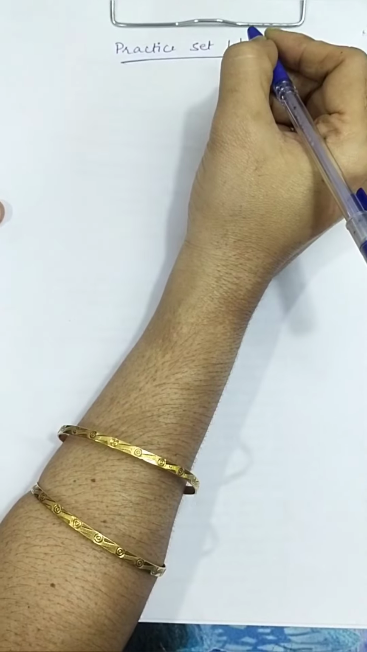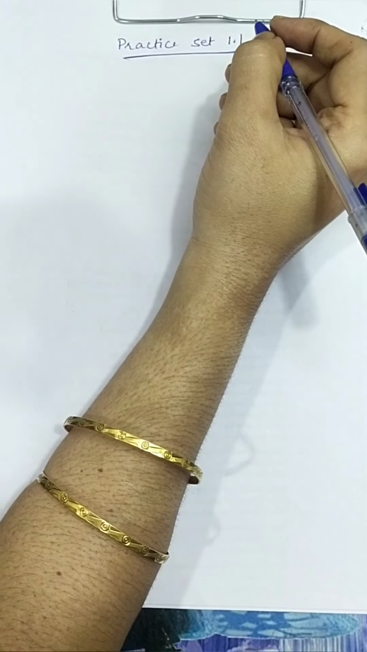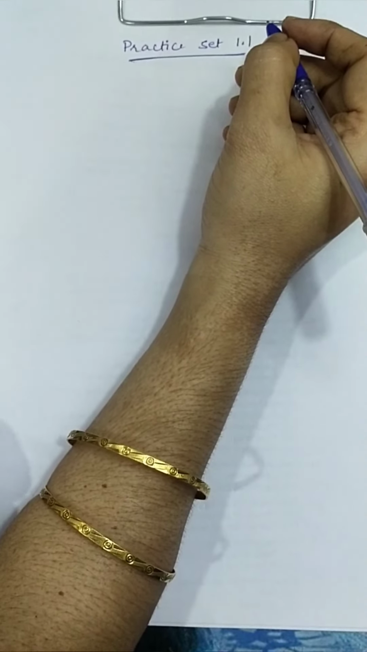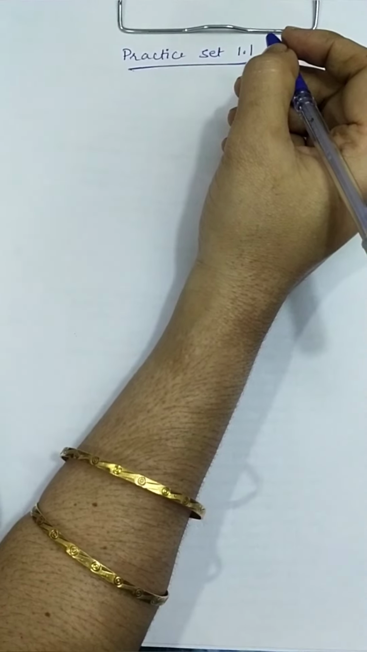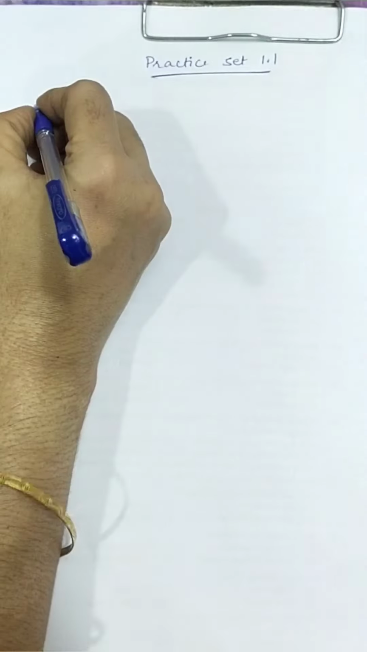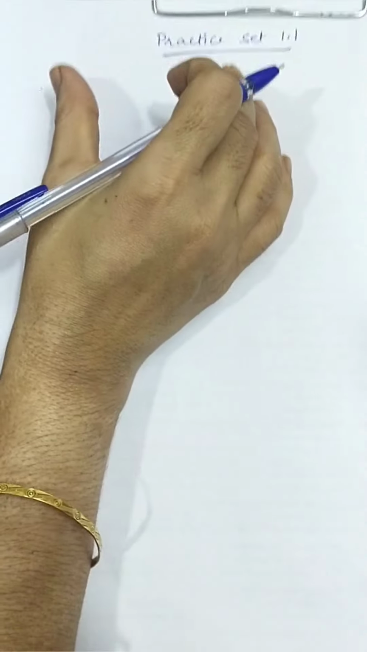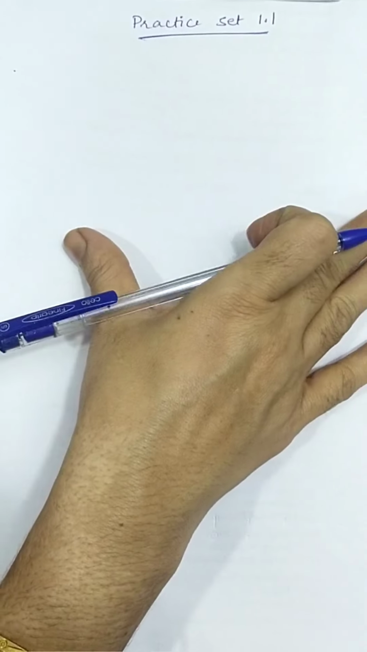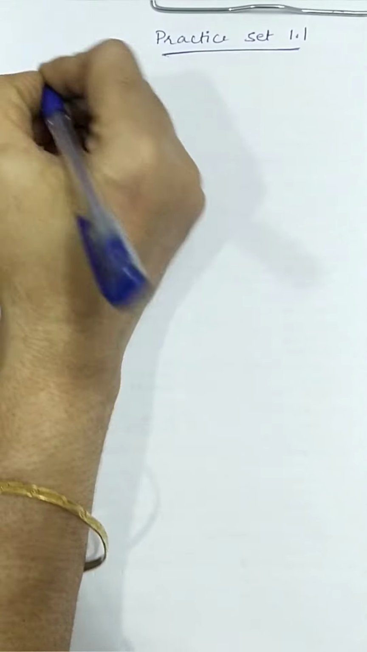In this practice set it is given: show the following numbers on a number line, draw a separate number line for each example. We need to show the numbers which are given on the number line. The first example I am taking is